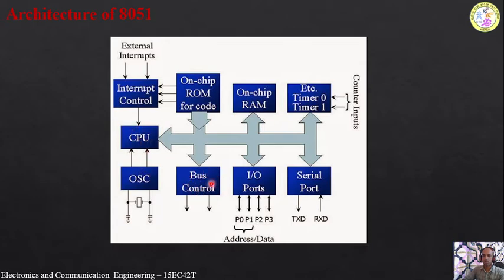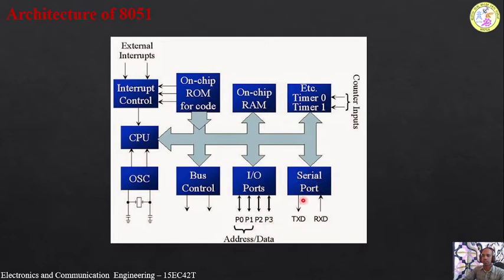And bus control is there. IO ports, totally 4 IO ports are there, P0, P1, P2 and P3. In the previous class we came to know that each port has 8 pins or 8 lines, whereas port 0 and port 1 can be used for address or for data operation. We can send either address or data in port 0 and port 1, whereas P2 and P3 have some other function. They can be used as general purpose IO, or port 3 has some other function that we shall discuss again.